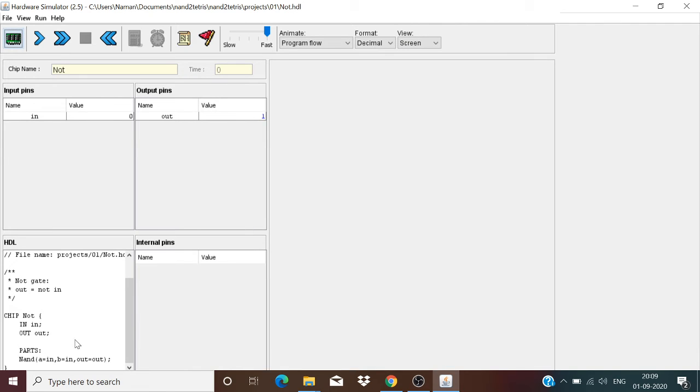To make a NOT gate, utilize the NAND gate: just input it, take the NAND between the two same values, and thus we have the complement as output.